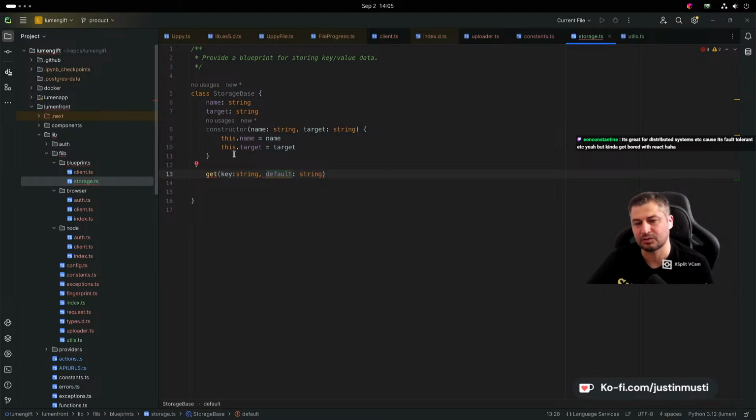It's great for this with the system, etc. Because it's fault tolerant. Kind of got bored with React. Yeah, I utilize React because, you know